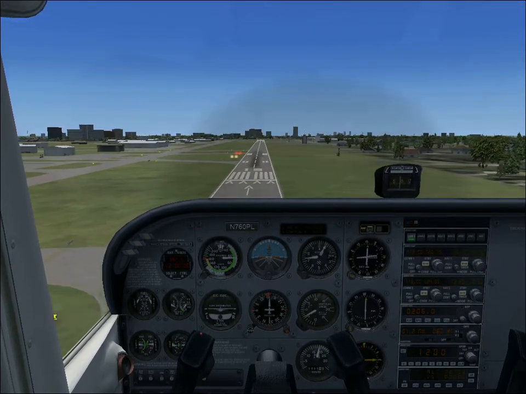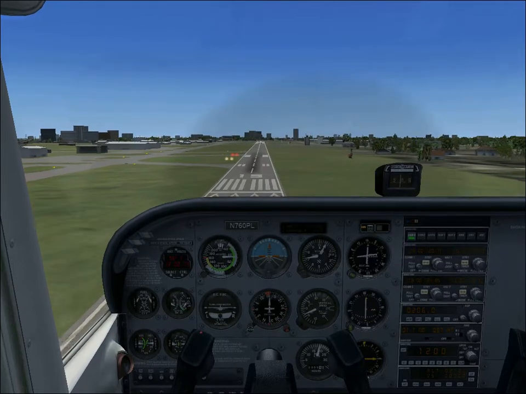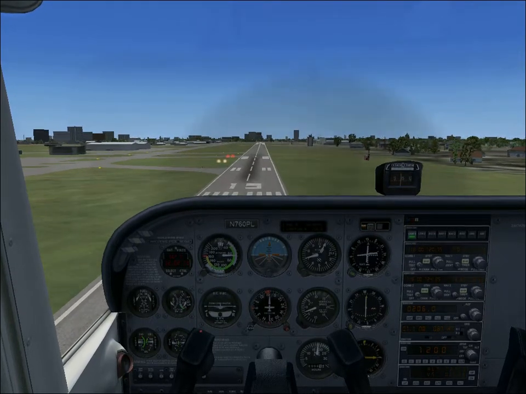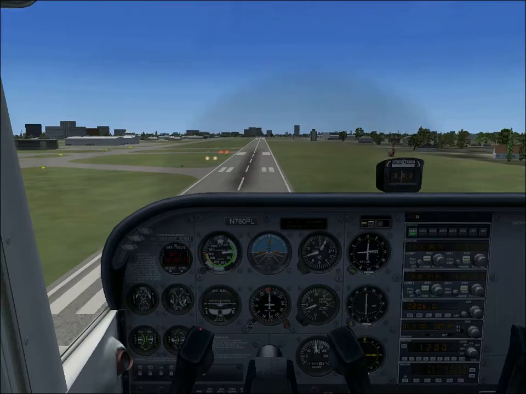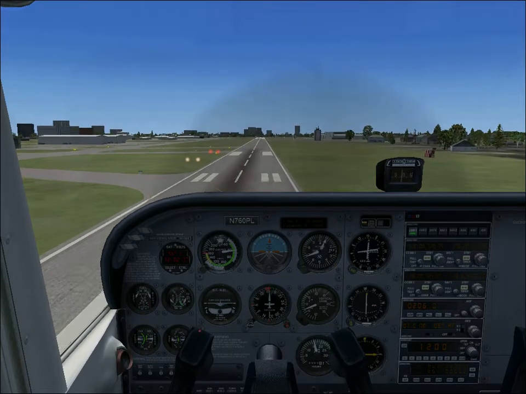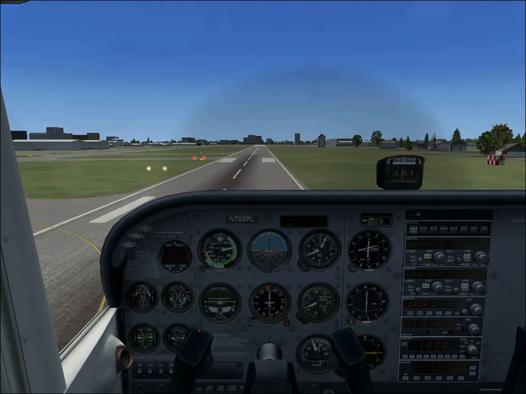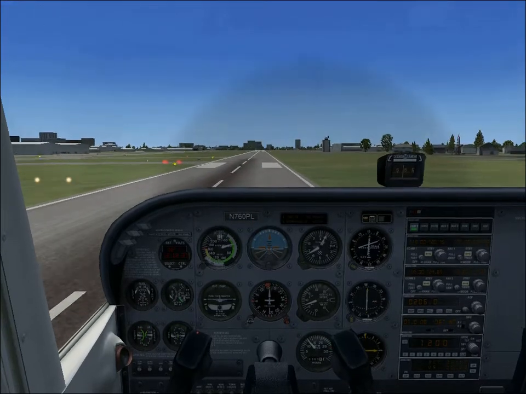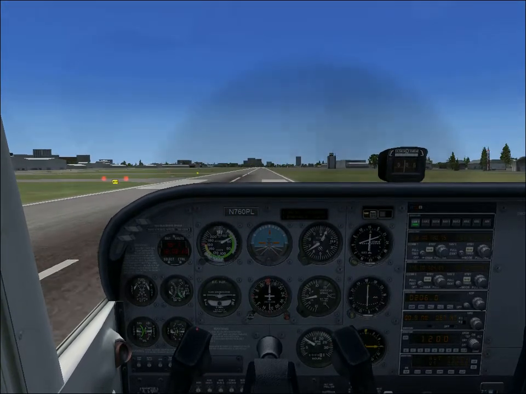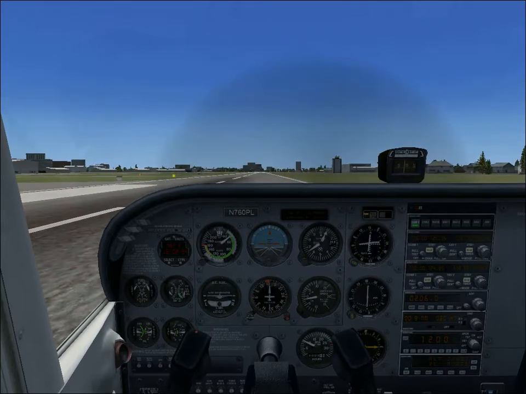Crossing the runway threshold, reduce the power to idle and raise the nose slightly to reduce our descent rate. As the airspeed slows, continue to raise the nose until the main wheels touch down. After touchdown, smoothly lower the nose to the ground and activate the brakes by holding down the period